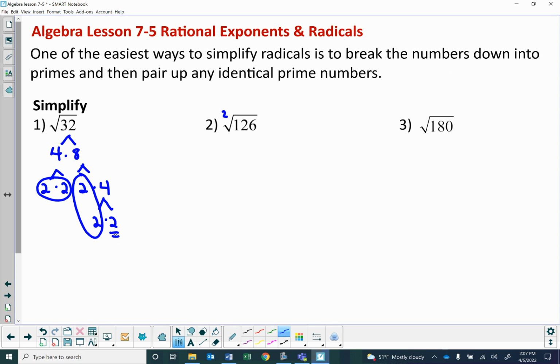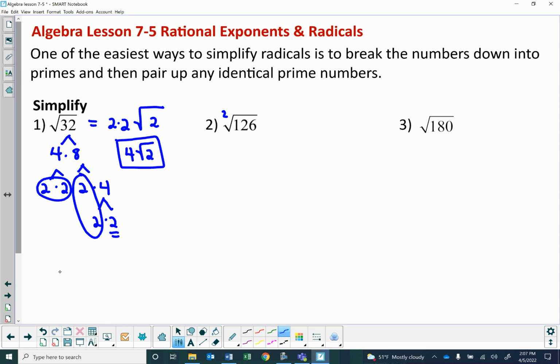2 people go out on one date. So out of this, I took out 1, 2 from the first pair. I took out a second 2 from the second pair, and I'm left with whatever is left over that didn't pair up, which gets multiplied back together and put back underneath, which is the 2. So 2 times 2 is 4, so this is 4 square roots of 2,